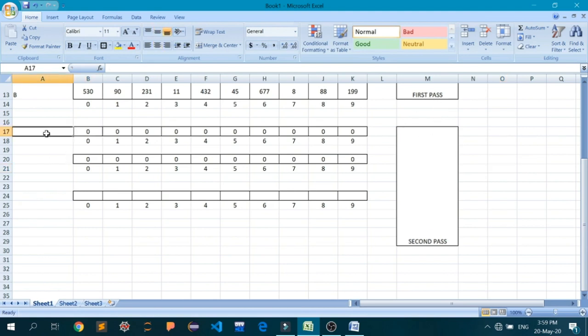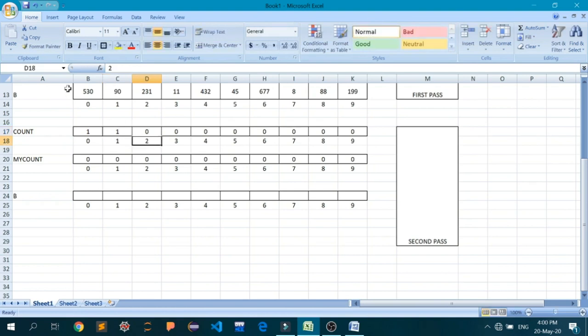I'll write this count and my count, and let's again do this as B. Okay, so how many times has 0 occurred at the 10s place in this array? Let's count. Only 1, so I'll update this as 1. And how many times has 1 occurred at the 10s place? Only 1, so I'll update this as 1.